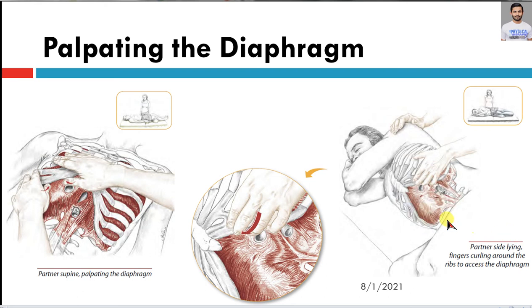This can also be palpated on either side, but preferably on the right side, as it is more comfortable compared to the left side. You can ask your partner to go into a side-lying position to assist, because the organs tend to fall in response to gravity, and then it can be a bit easier to palpate for the diaphragm.